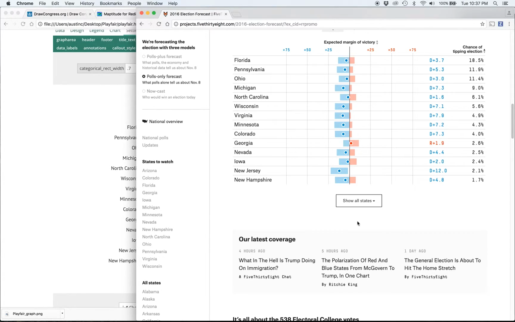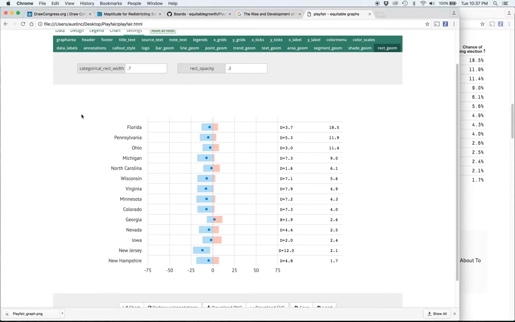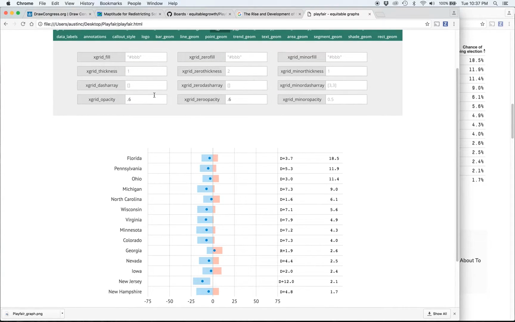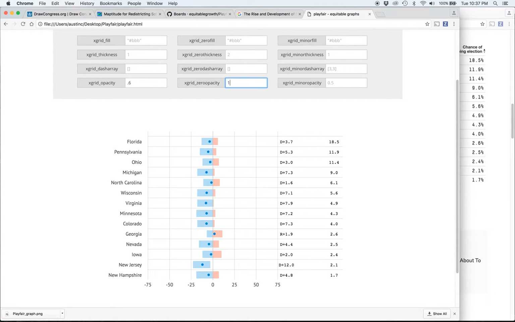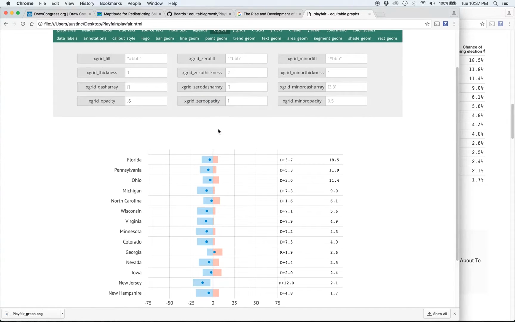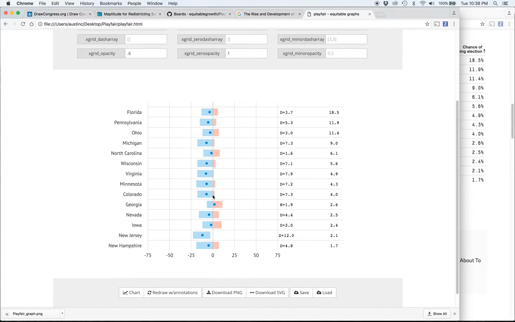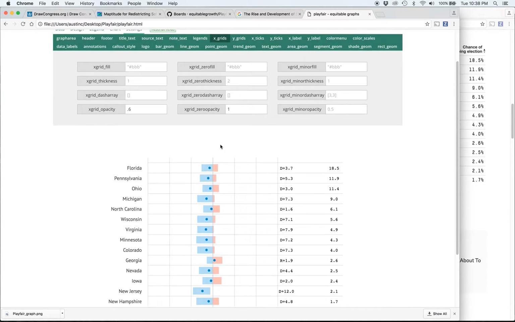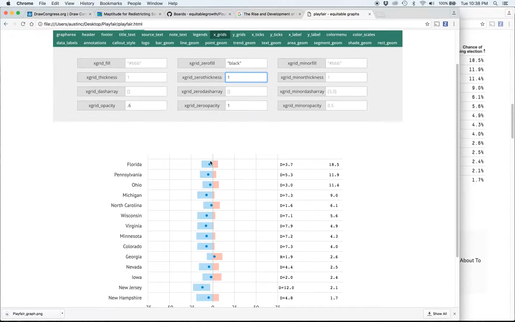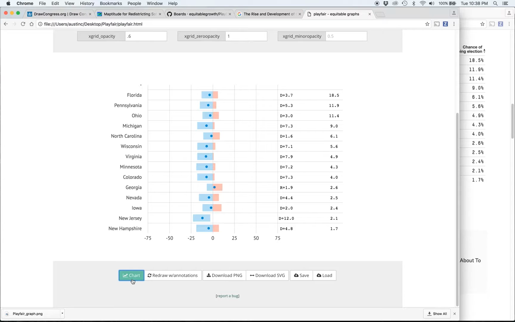Oh, you know one other thing I want to do? They use this black line up the middle. Let's go do that. I'll show you how to do that real quick. So that's going to be an X grid line. So every one of these, basically you're going to see these 0 opacity things. What else do we have? We have 0 dash array, 0 thickness. What that's saying is that that all pertains to this middle line. And I also have a 0 fill. And so I'm going to make that 0 fill black like they have. I'm going to set that thickness to 1. They've made it the same everywhere. And now if I chart that,